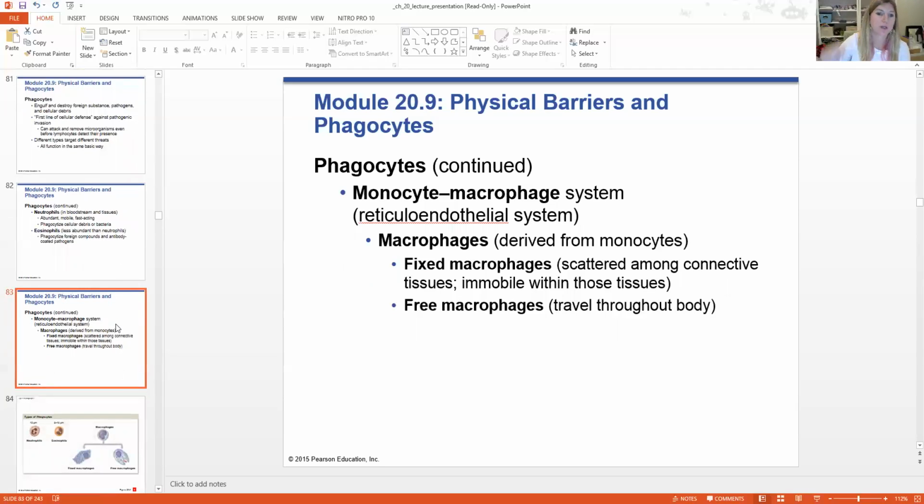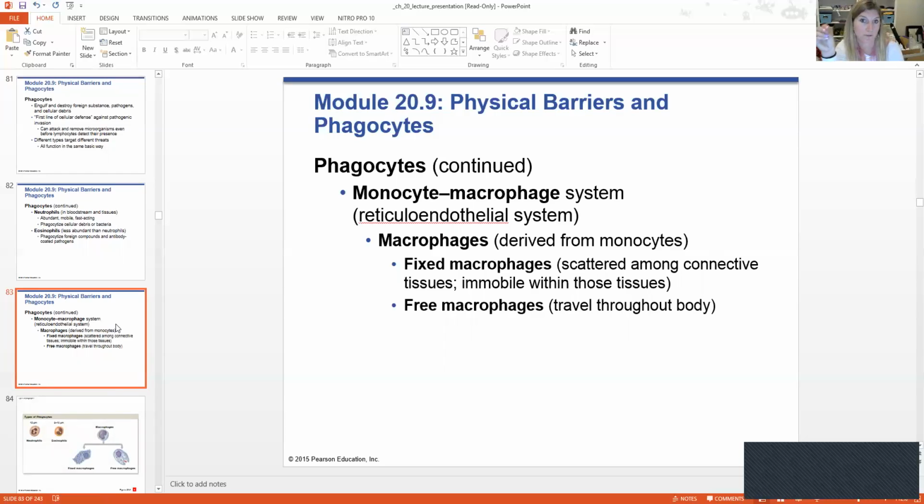So there's also a monocyte macrophage system, which is also known as the reticuloendothelial system. This is where macrophages, which are derived from monocytes, can basically become fixed or free. So if they're fixed,